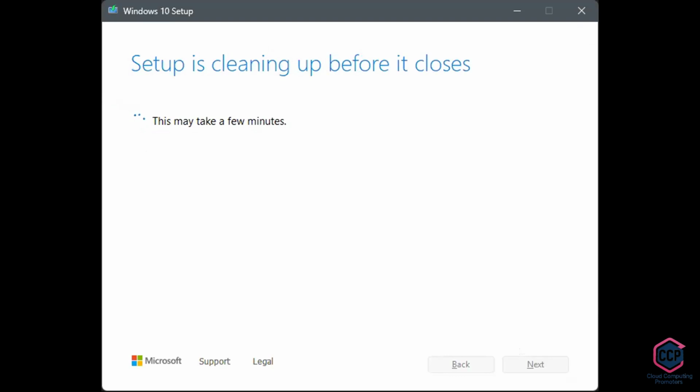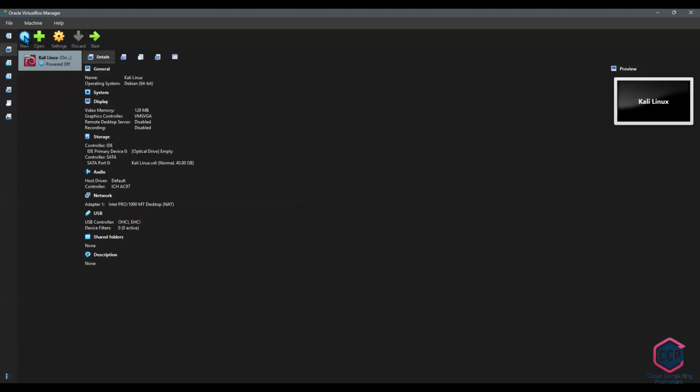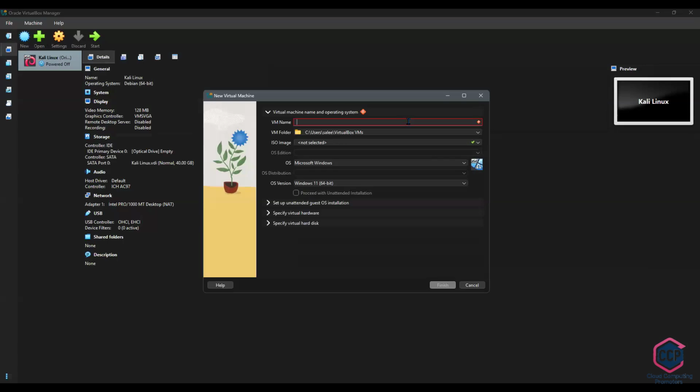It will take some time. Okay, it has been completed, so that's the reason it closed. So now we'll click on our VirtualBox, we'll click on share. Now we'll go to our VM, we'll click on new, we'll click on Windows